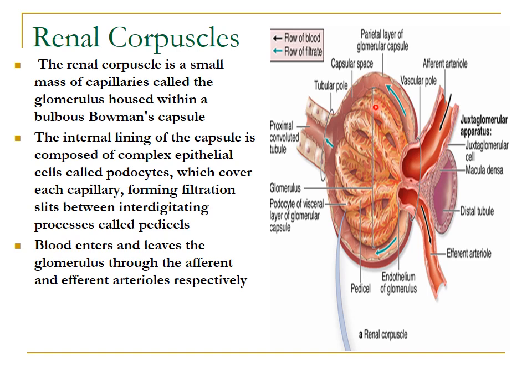Between the two layers of the epithelium, that is the visceral layer and the parietal layer of the Bowman's capsule, is a space which is called the urinary space or the capsular space. So all the glomerular filtrate is collected in this capsular space or urinary space.